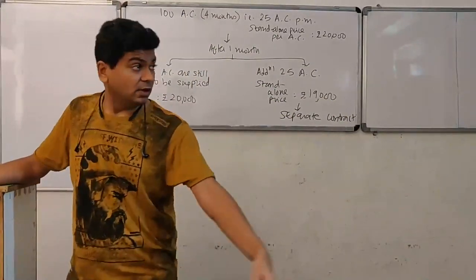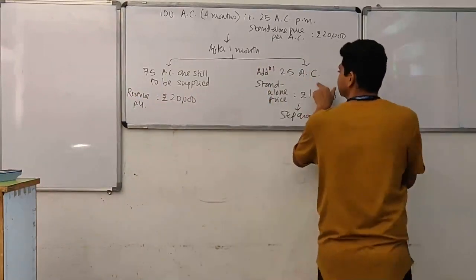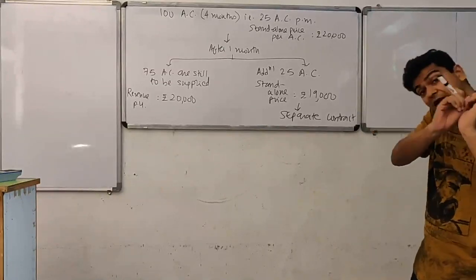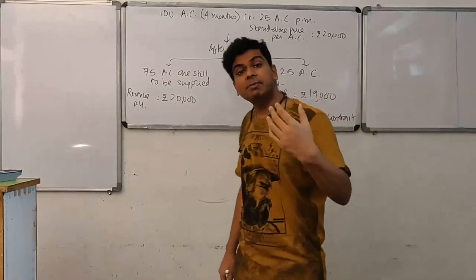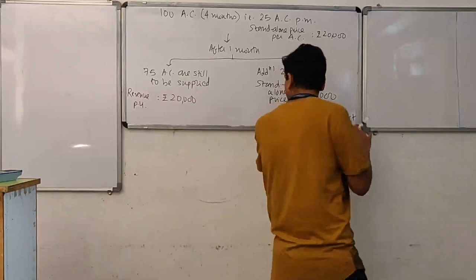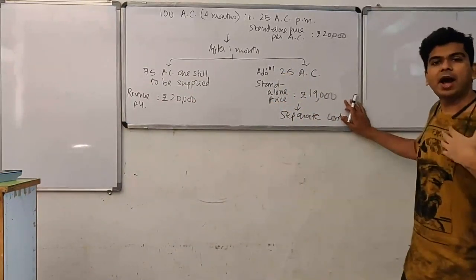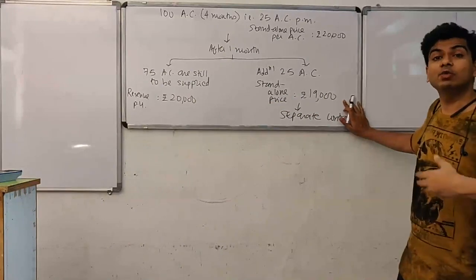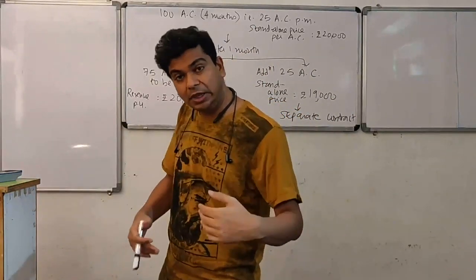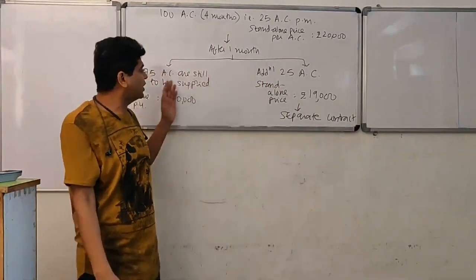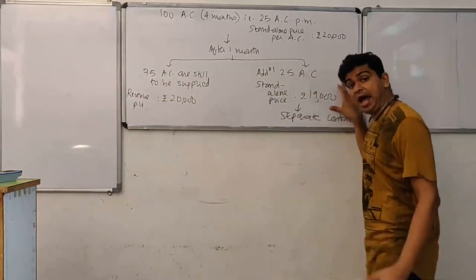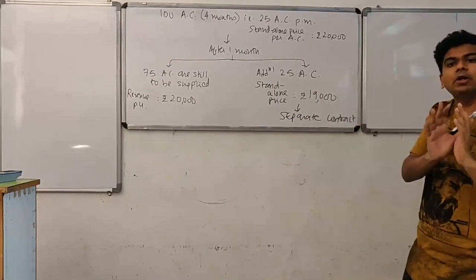What more is possible? Let's discuss that. Let us say after 1 month, we are again placing an order for an additional 25 air conditioners. I call up the supplier, let's say I'm the customer, that I want another 25 air conditioners. The supplier tells me that right now the going rate is 19,000, and he's ready to supply at 19,000. But as a customer, I start bargaining. I tell the supplier, how can you charge 19,000 rupees? See, already you are charging 20,000 rupees for the earlier consignment. I am your existing customer. I am placing an extra order, so I want a discount.